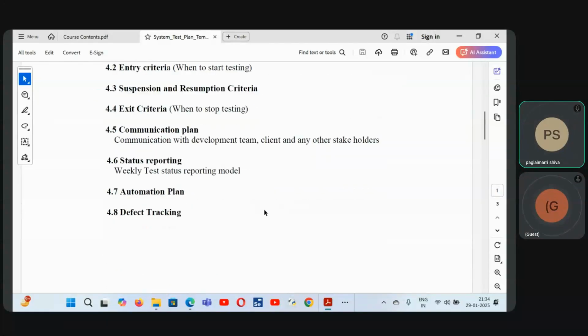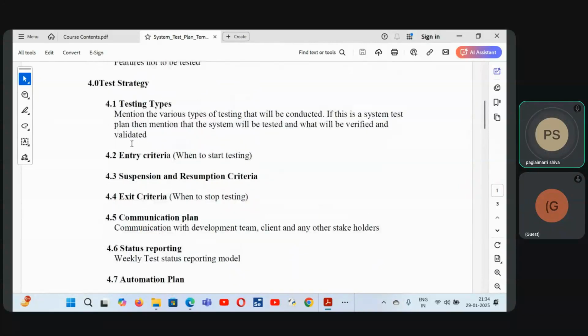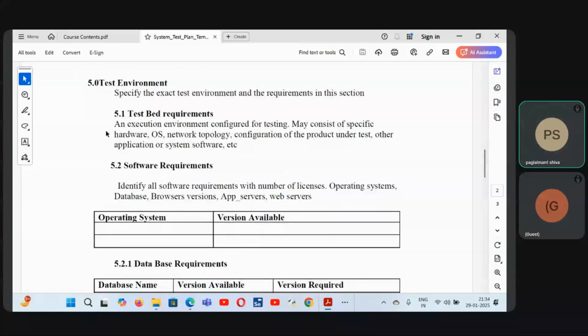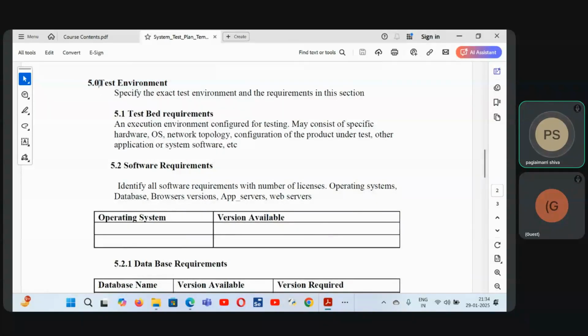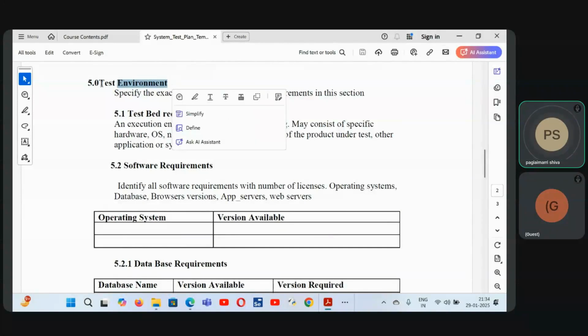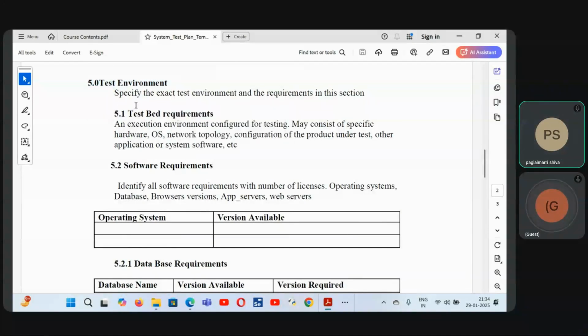If you are using the automation plan, what is that automation test process that should be analyzed, and finally defect tracking and debugging. Okay, this all comes under test strategy. Next, very important: test environment. I'm not saying the normal environment, I'm saying test environment. Specify the exact test environment and the requirements in this section. Means what is the operating system,